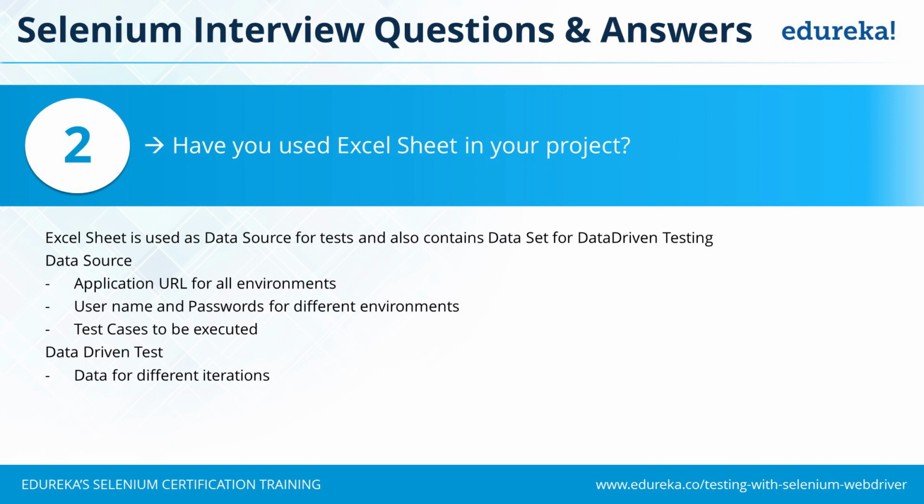And when I put in all the data sets correctly, only then it should be able to move to the next page. So all this data can be kept in an Excel sheet as a data set for your data-driven test, and your code is going to execute each row of this as one data set, put it onto your application, and then run your test case. So your functional flow is the same. Your data for each iteration differs. So that's the particular use of using it for data-driven testing.